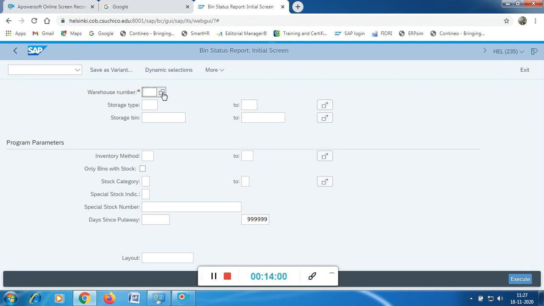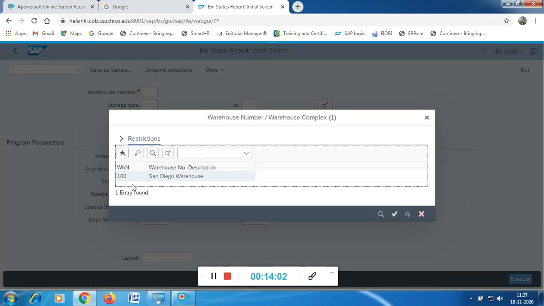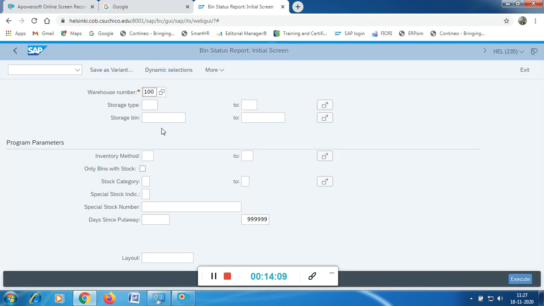Warehouse number: I told you San Diego is the only plant which has a warehouse. See, this warehouse number is 100, for the plant of San Diego. Just give an enter, or you can select that. Storage type, leave it as it is. Storage bin, always take your storage bin. STBN stands for the storage bin. Press star. Star stands for the list of all the storage bins available for your particular login.